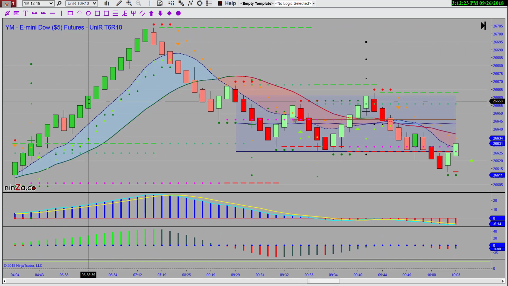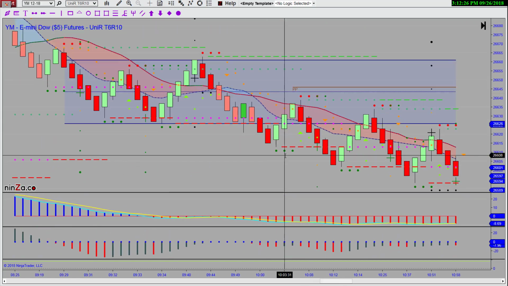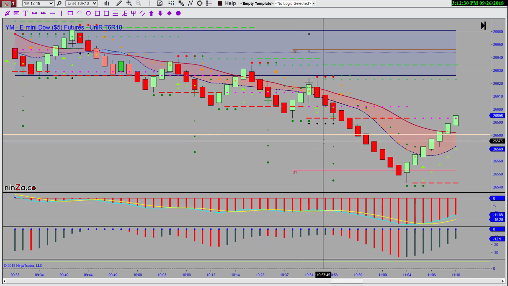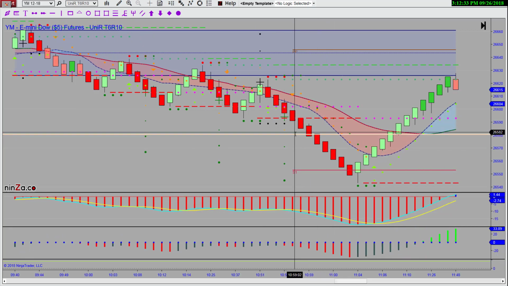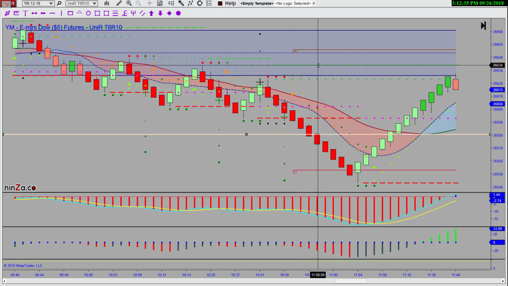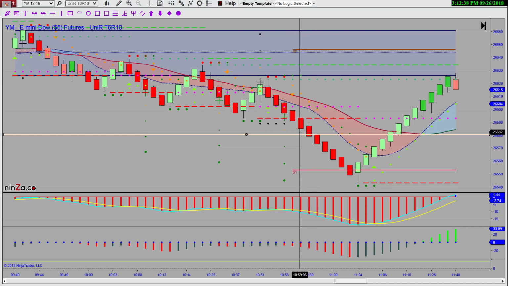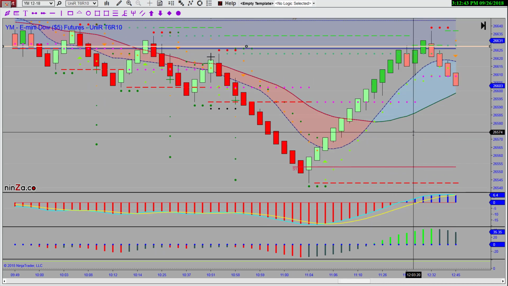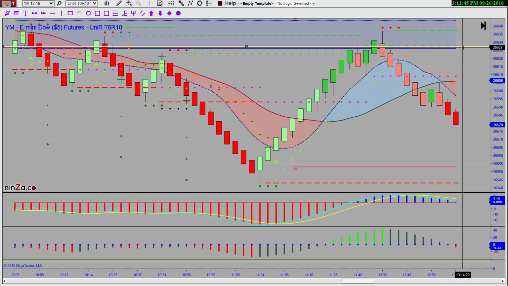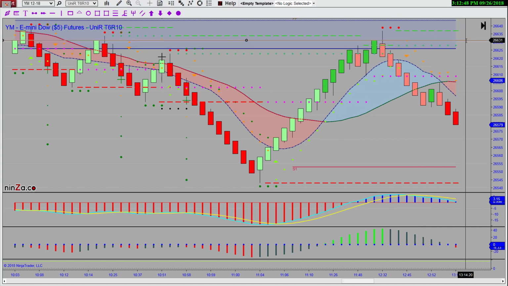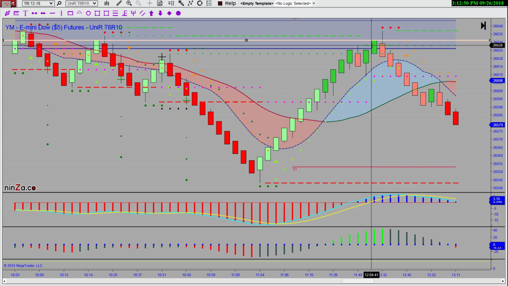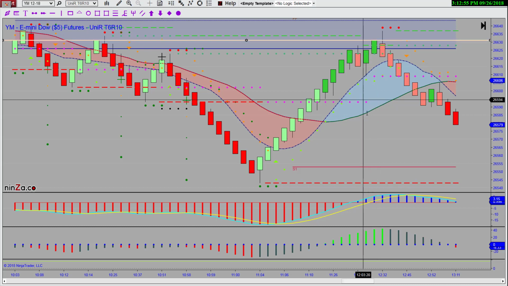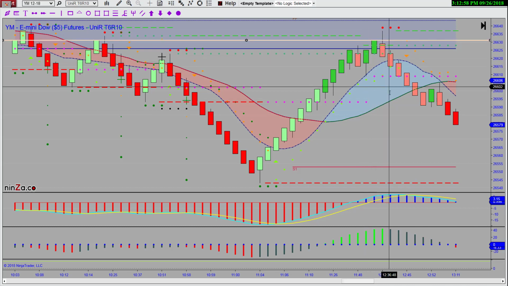Now the thing is, we've gone through that level a number of times. Is that level still valid? It's probably not. At some point I should clean them up. So I could take this puppy and move him up to here because that's the most recent one. All right, well, move it up a little higher. Now, I use the bodies. I don't use the extremes because that's the most conservative when I'm going to go the way up or down.